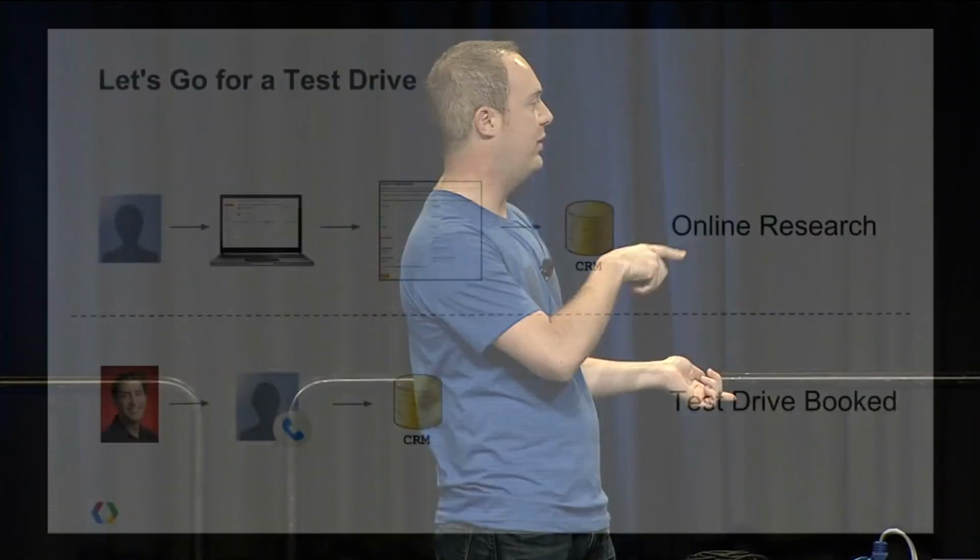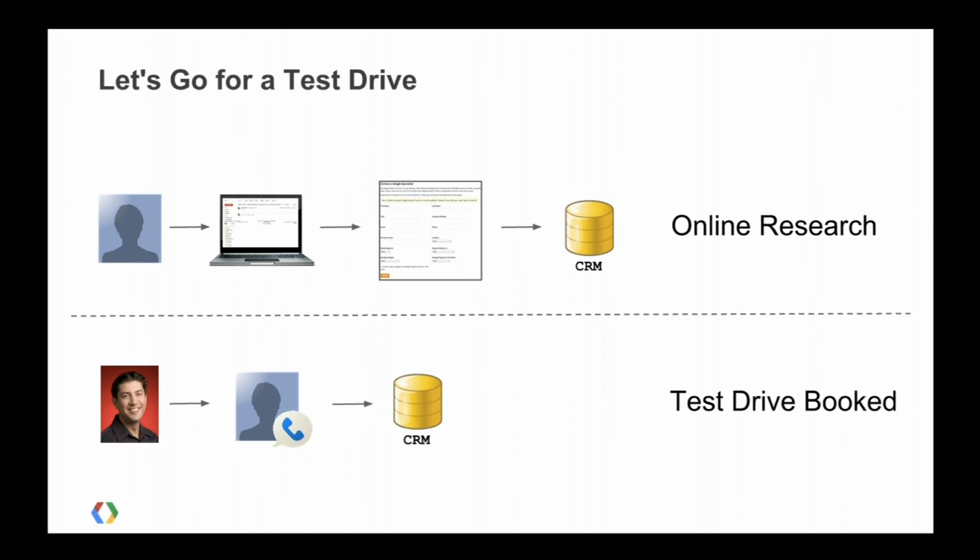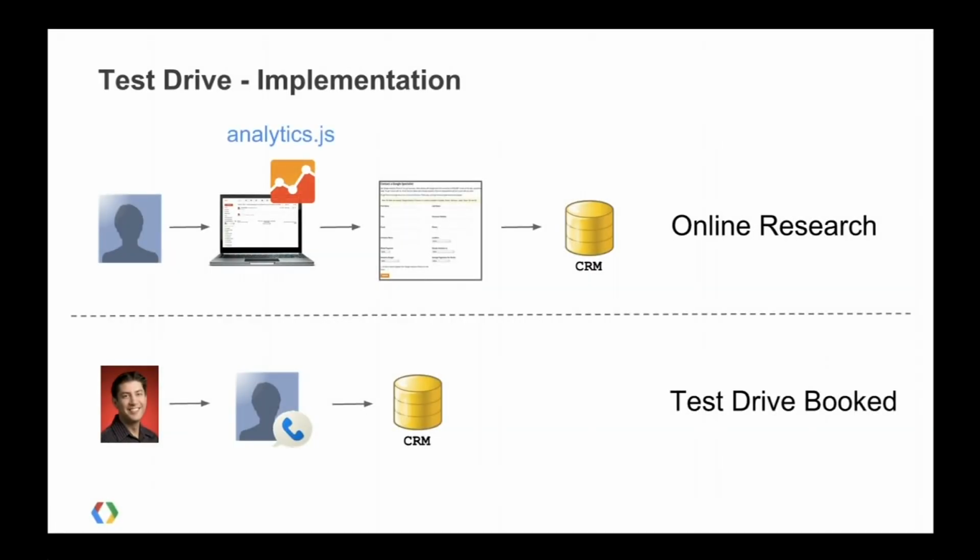And once he's done that, he indicates in the CRM system, okay, we move this prospect or customer from a new lead to a booked event, right? So this customer's gone through this conversion. So how do we apply analytics to this to make sure that we can connect this offline test drive booked component back to that online behavior that initially got him to the site, and what research they may have done before that? So in this case, to implement Google Analytics, you want to make sure that you have analytics